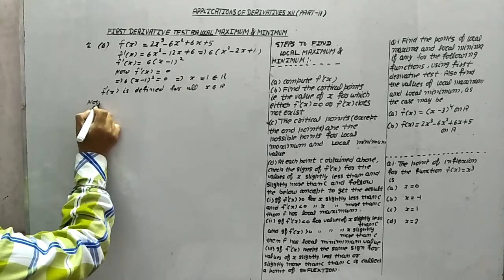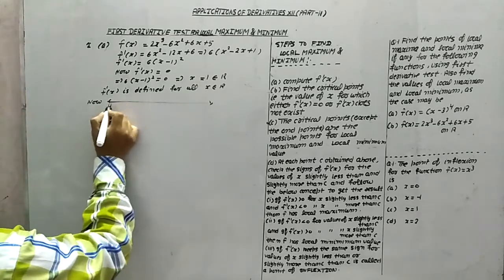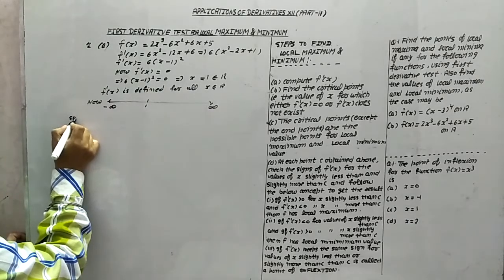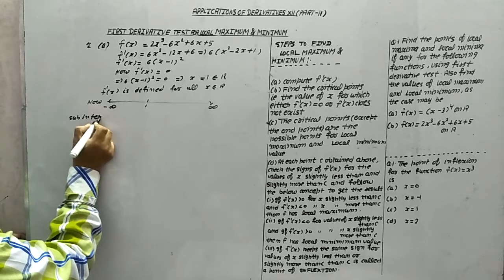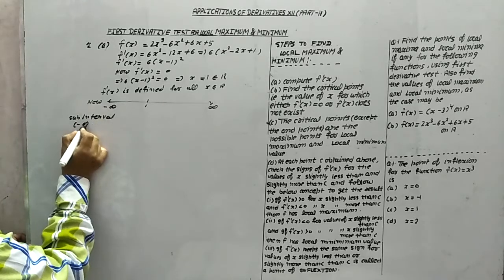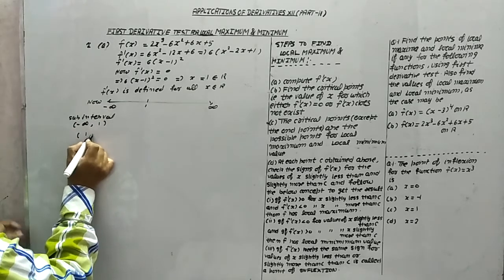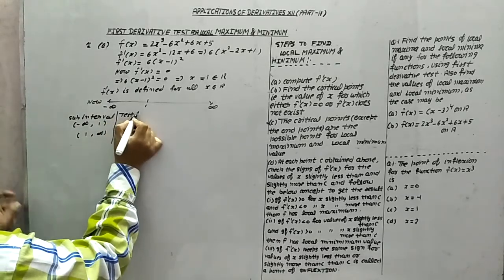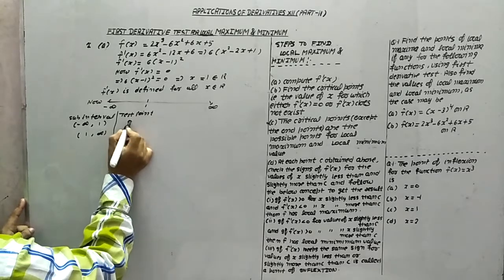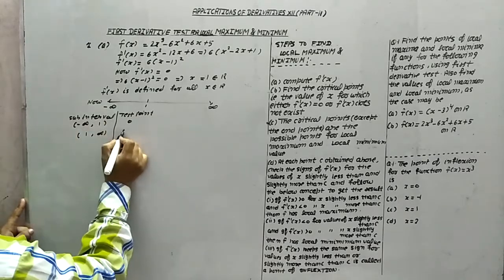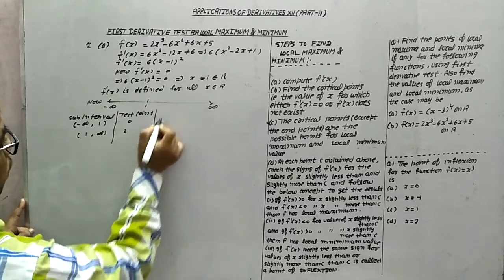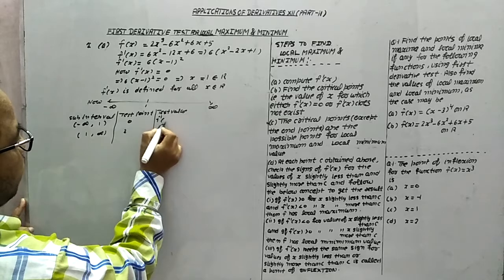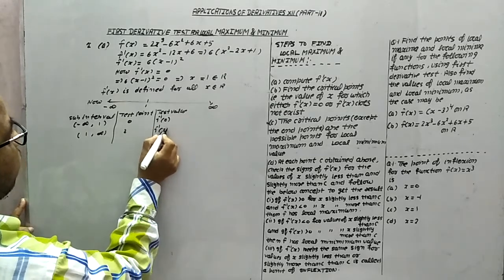Now what we will do, same thing, first we will make the number line. We have the 1 point only, 1. Now subinterval, what is the subinterval? In subinterval we have minus infinity to 1 and 1 to infinity. Now test point, we will take here minus infinity to 1 we can take 0 and 1 to infinity we can take 2. Now test value, we will find out f dash 0 and f dash 2.